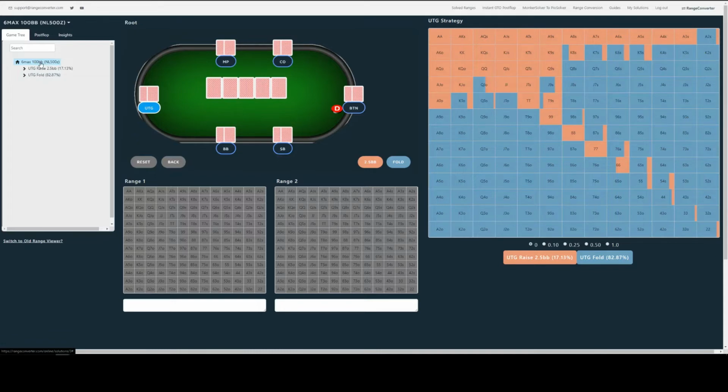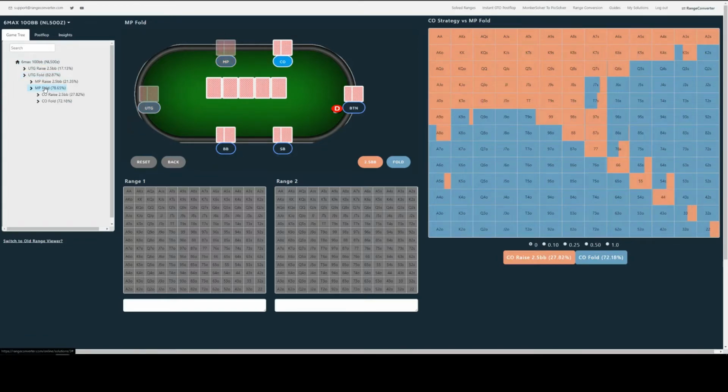Here we are at the root. Today we're going to have a look at small blind 3-bet, button call. So we could either navigate by clicking in the game tree here and going through to the spot, using the game table action buttons here, which would be much the same as playing online poker, for example, or a hand history navigator, and we just navigate through the actions until we get to the spot.